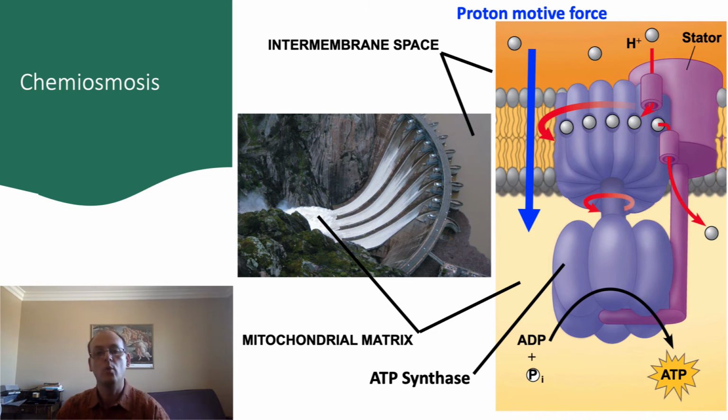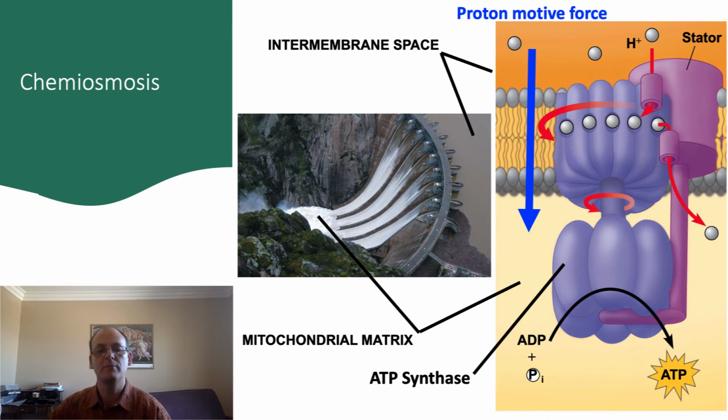In a dam, the water above the dam has high potential energy, and as it goes through the turbines, it causes the turbines to spin, generating electricity. In the case of mitochondria, the high concentration of protons on one side of the membrane causes what's called proton motive force. This force is essentially the propensity of protons to move from the intermembrane space back into the matrix, and is generated both because of the concentration of protons as well as the repulsion of those protons with each other.